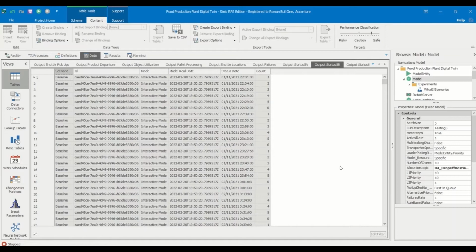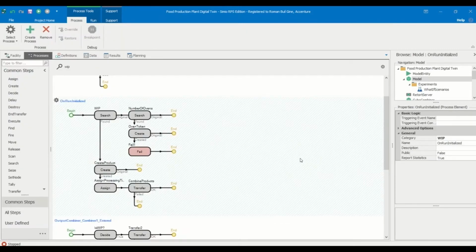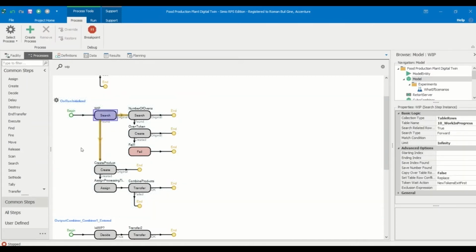Although most of the model's logic is implemented within the objects, several processes have also been created. One of the very interesting ones is the one we launch at the beginning of the simulation. In this process, on the one hand, a search step will be used to check in the work in progress table that was shown before which of the ovens will be busy at the beginning of the simulation. Then, the products that are being cooked inside of the ovens will be created, and the corresponding remaining processing time